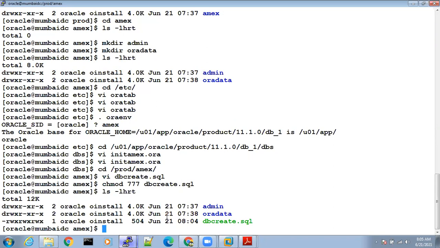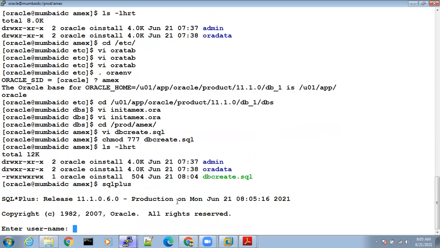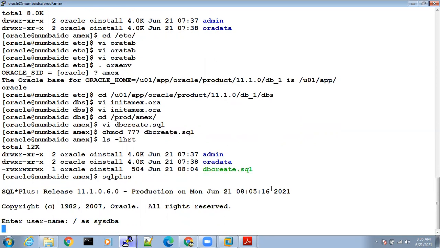Now what we have to do is connect to SQL Plus. Who are we? We are DBAs, right? So we connect with / as sysdba.